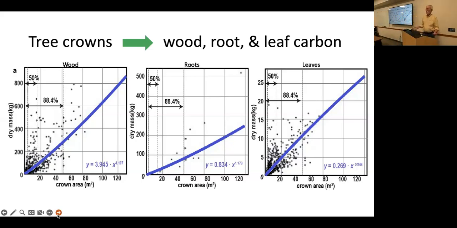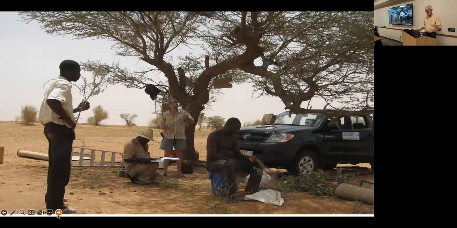Now, there's no other alternative to go to biomass because we don't measure height. Now, we may have height in a few areas for a few places, but not for 10 billion trees. Okay, so here is the allometry team in the field led by Pierre Arnaud, someone I've worked with for almost 40 years. And here they're working.